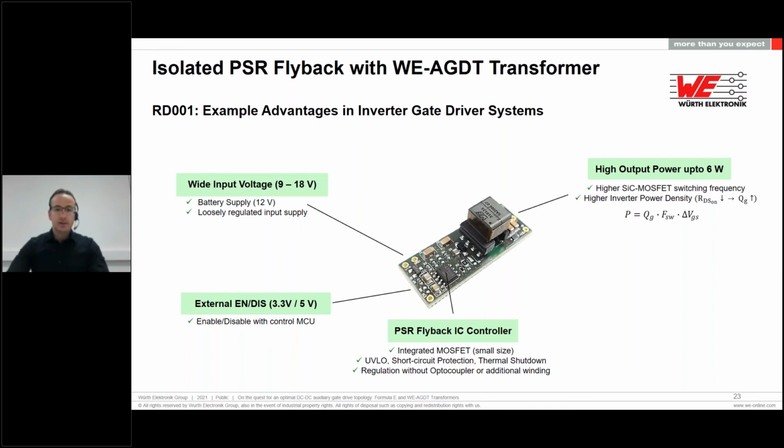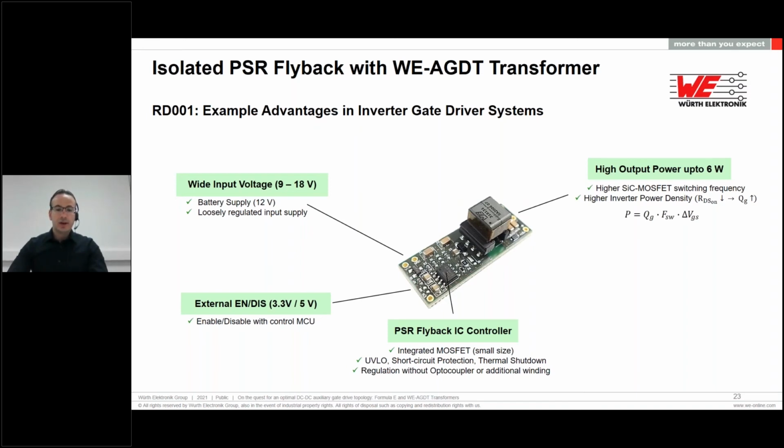We can directly see how a higher auxiliary supply output power will allow for a higher switching frequency of the silicon carbide MOSFET device, and high switching frequency can provide the benefits of a smaller size of the solution. But in addition to this, also higher auxiliary supply power can contribute to increase the power density of the inverter. And we can see this, one of the ways that we can increase the power density of the inverter is